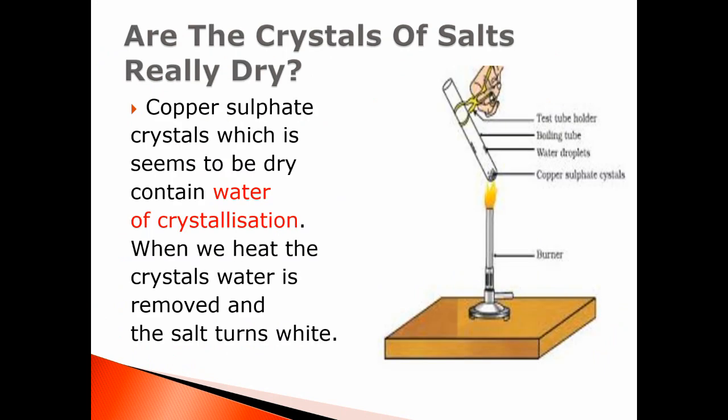Students, when we see crystals of salt, they appear to be dry. But are they really dry? Crystal formation requires fixed amount of water for different salts. The number of water molecules present in different salt crystals is different. For example, hydrated copper sulfate, that is CuSO4.5H2O, appears to be dry salt. But when these copper sulfate crystals are heated in a test tube, they lose the water molecules and turn to white color from blue. This is a powdery substance as it has lost its water molecules.